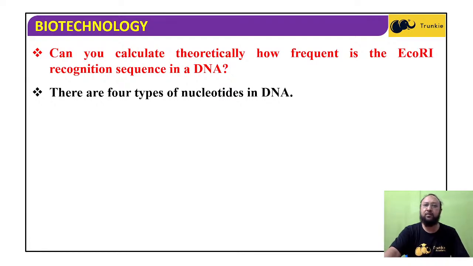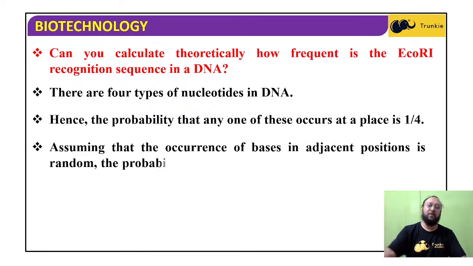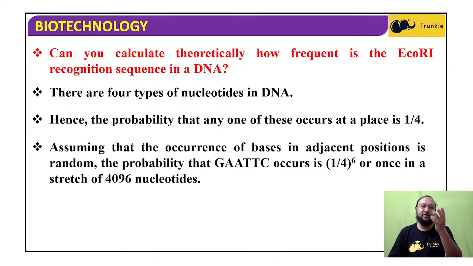There are 4 types of nucleotides in DNA. Hence, the probability of... Now this means that you have got adenine, thymine, guanine, cytosine. So you've got 4 types of nucleotides in DNA. So based on that,